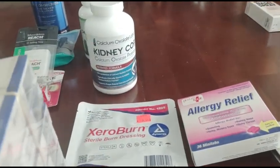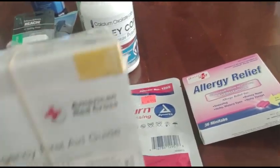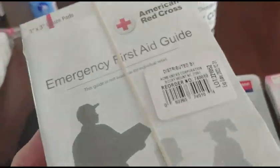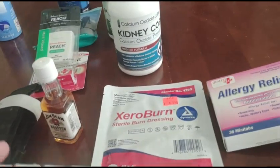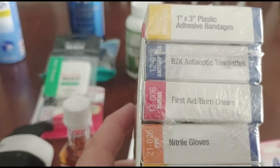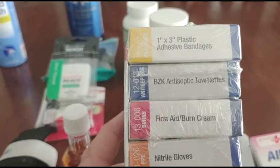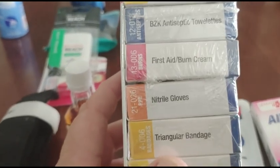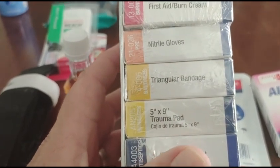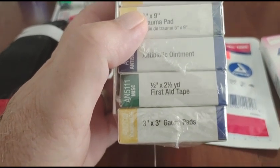Okay, so this here comes as a set. It is an emergency first aid guide in the front, and then within the box is packaged, you get 1x3 plastic adhesive bandages, the antiseptic towelettes, first aid and burn cream, some gloves, triangular bandage, 5x9-inch trauma pad, antibiotic ointment, first aid tape, and